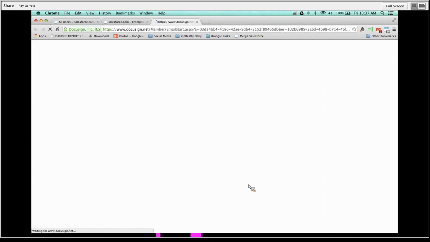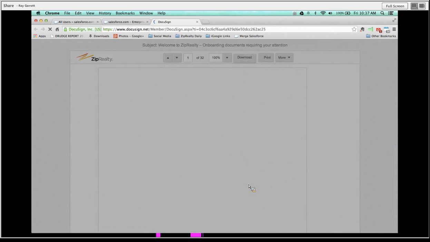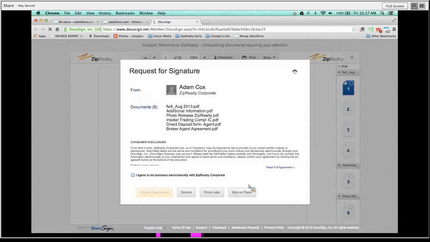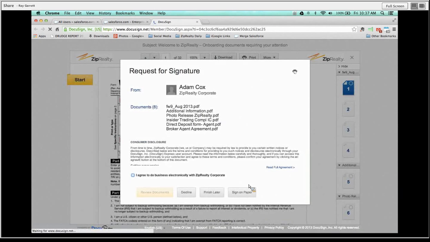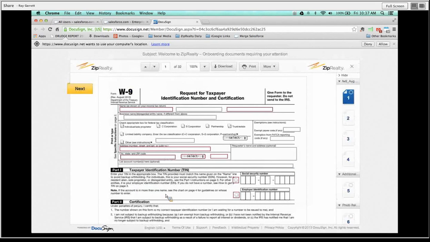Now, the first thing it's going to ask them to do is to agree to sign with electronic signature. So they'll do that, and then they'll hit Review Documents. Now, I want to start by saying these red boxes are required fields. There's one required field we weren't able to put a red box around, and that is the check appropriate box